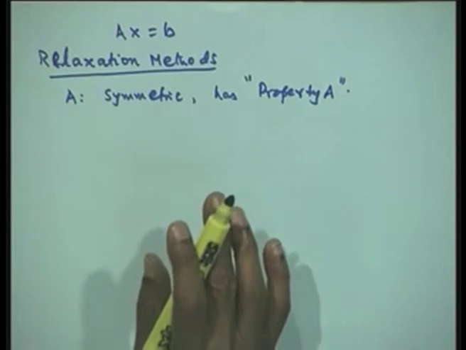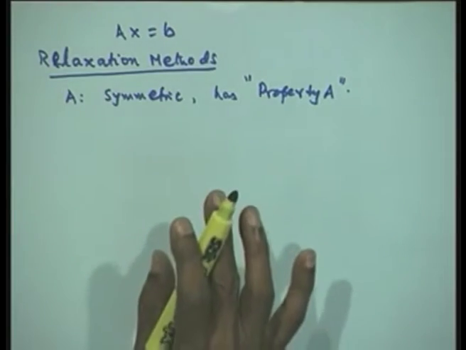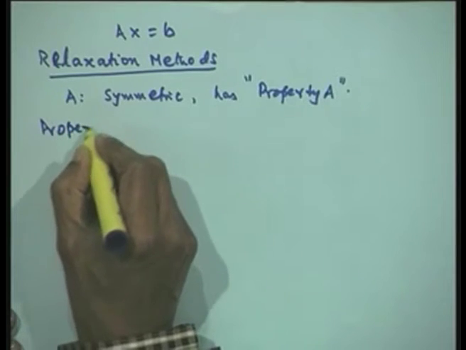Given the coefficient matrix A, we must be able to use interchanges of rows and interchanges of columns, that is, applying a permutation matrix similarity transformation P A P transpose, such that it can be partitioned with the two corners, top and bottom, being diagonal matrices and the remaining being square matrices, or any other matrices which are not diagonal. So, let us here just define what is property A.